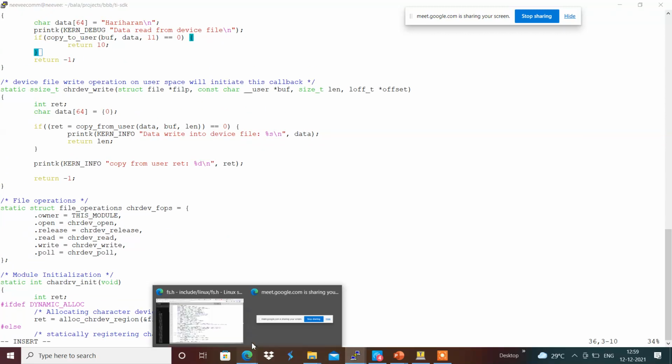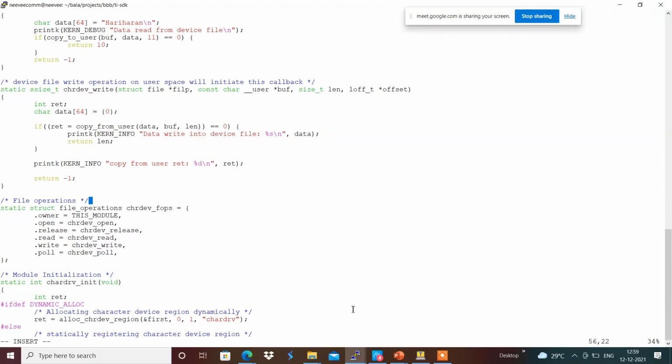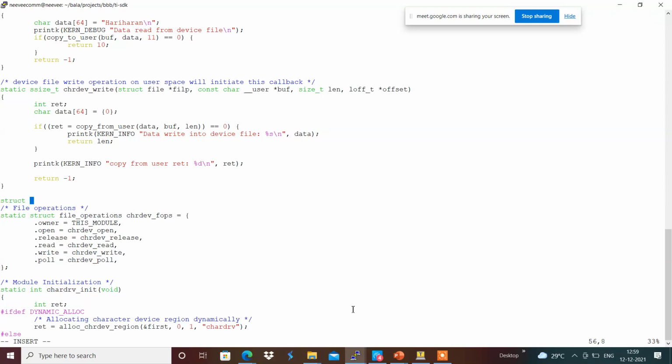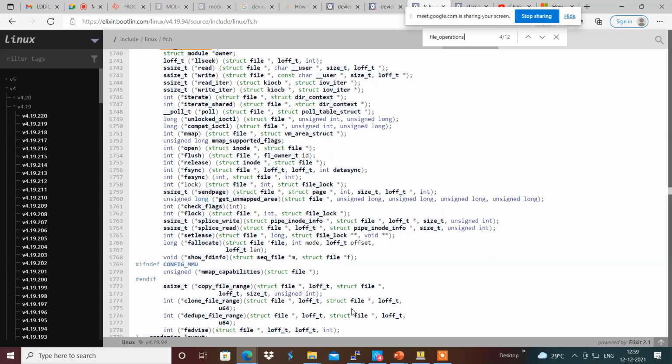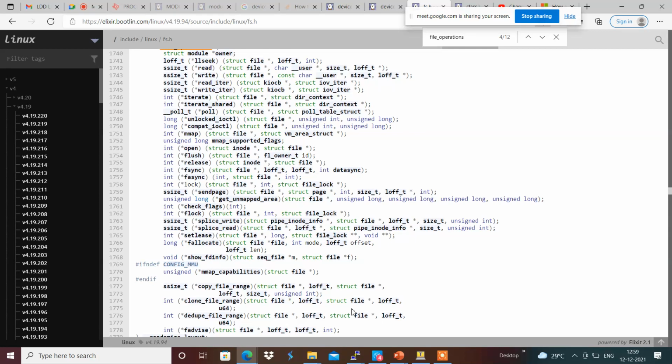Static poll underscore t, and we have chrdev underscore poll, and we will be having struct file star file pointer over here, and then struct poll underscore table underscore struct star pt over here.